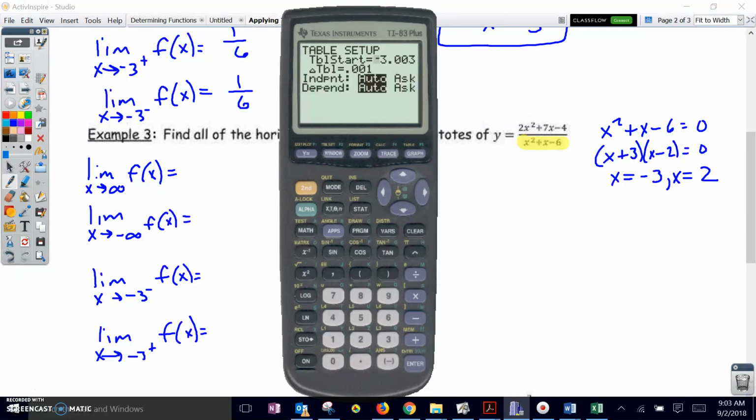I'll do these limits in order, so I'm going to go down to ask, find the infinite limits. First, as x approaches infinity,